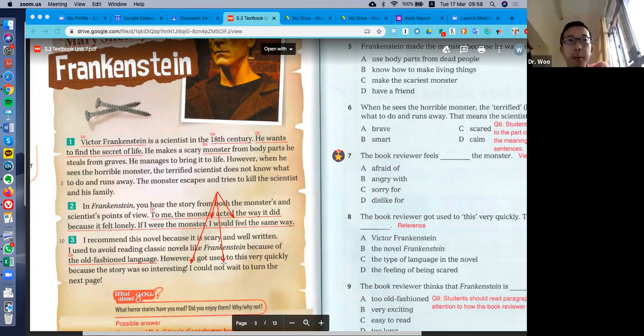Anything else besides the author's feelings? Okay, the author's thinking. Okay, thoughts and feelings. Let's just use I recommend. And one more thing is, yes, we see thoughts